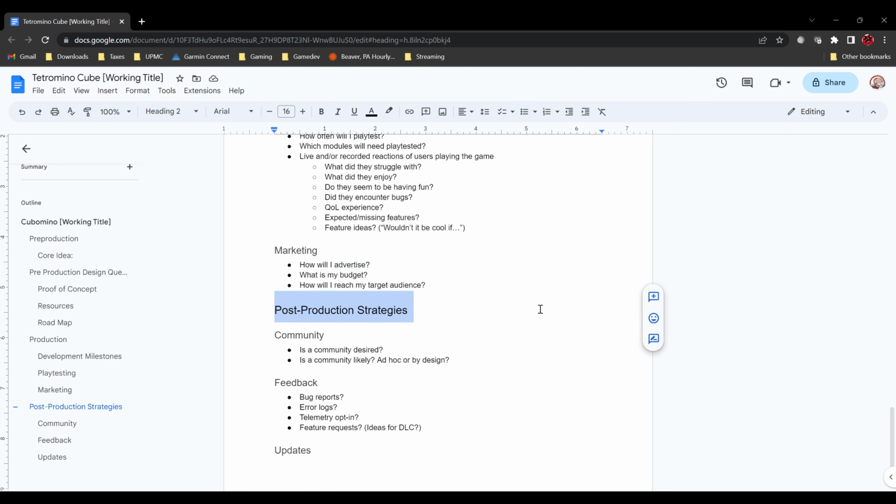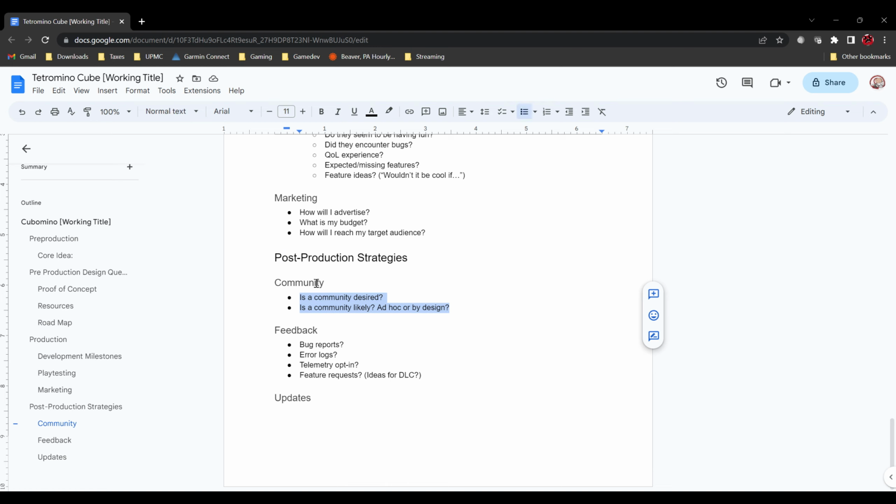And then post-production, community involvement. I already have a Discord server. But I also want to ask, in the game I'm working on, will a community be likely? Is it even necessary? For a small single-player puzzle game, probably not.